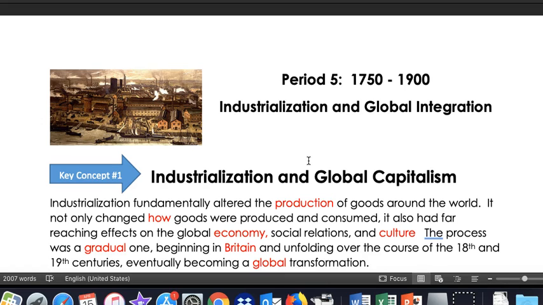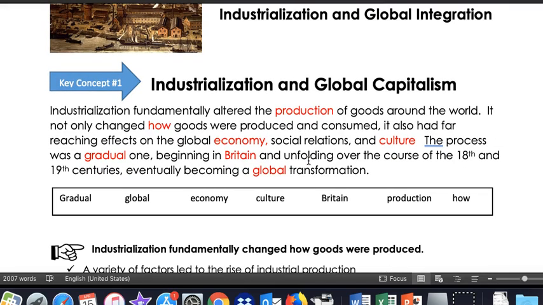And we'll explore all the major topics of industrialization, imperialism, revolutions, rebellions, and then also changing human population topics. So let's start with key concept number 1, industrialization and global capitalism. These would be major economic changes to the world. We know that economic changes always follow up with political and social changes as well.